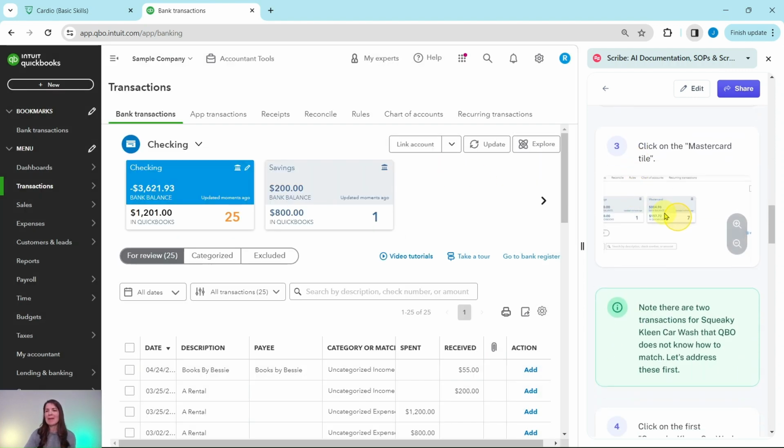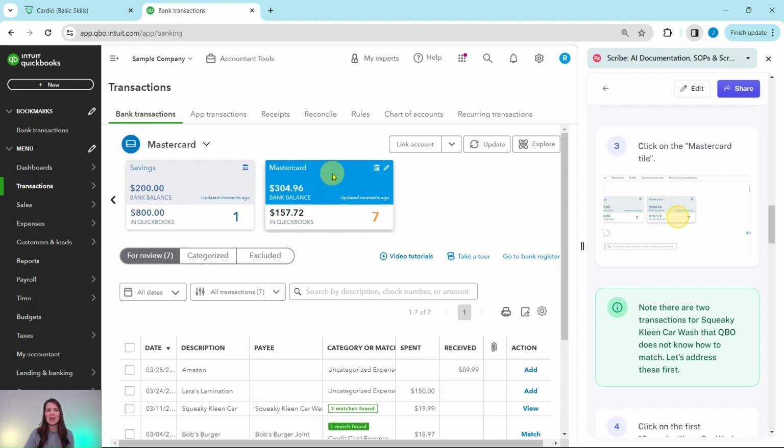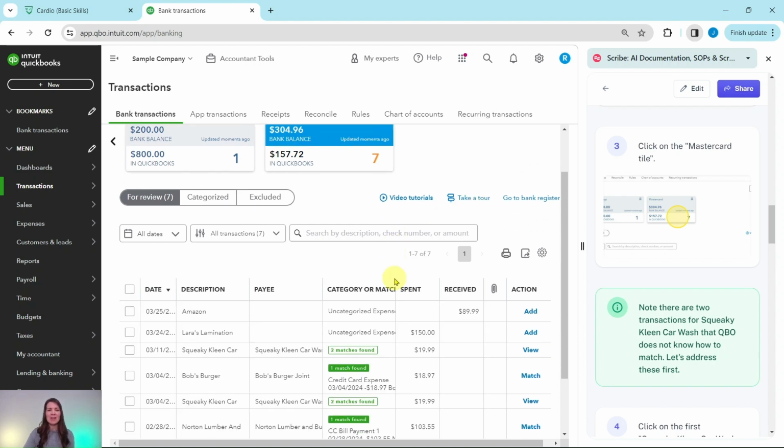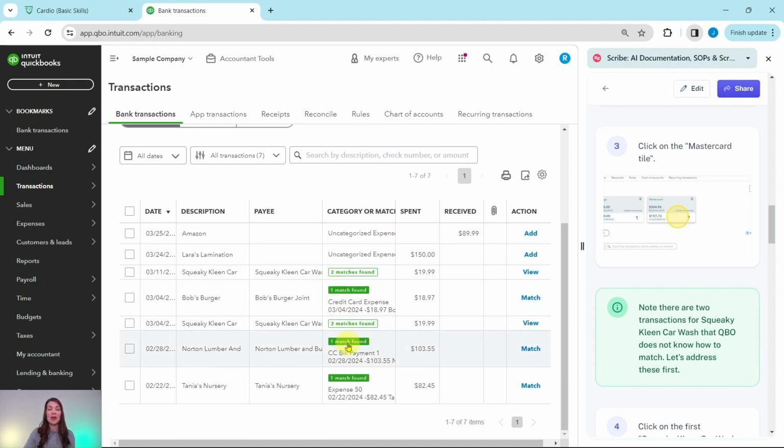Now we are working in the MasterCard, so we need to click on the MasterCard tile. Right now it is selected on the checking because it is blue. I need to scroll over because right now it's checking, savings, and then here's the MasterCard. Once you find the tile, go ahead and click on it so it turns blue. And then all of the transactions in the MasterCard are going to show up here on the